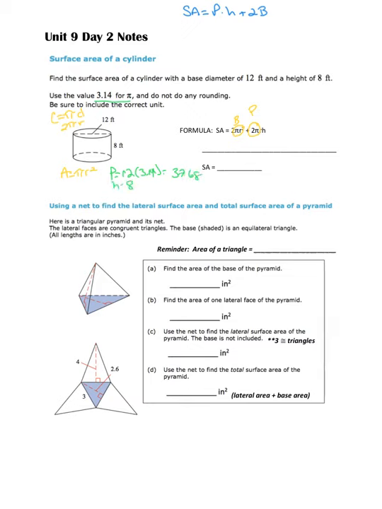H is 8 feet, the distance between the two bases, and big B, the base, is the area of the circle, which is, well, if the diameter is 12, the radius is 6. 3.14 times 6 squared equals 36 times 3.14 equals